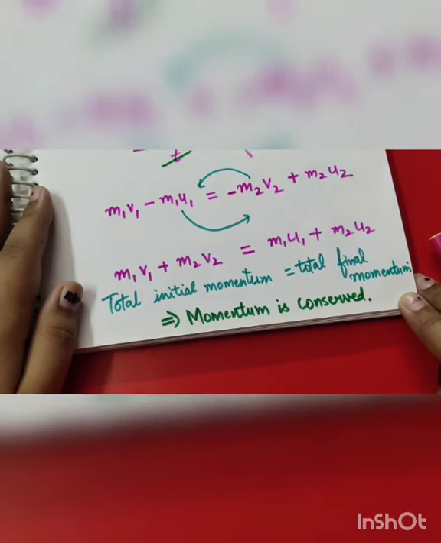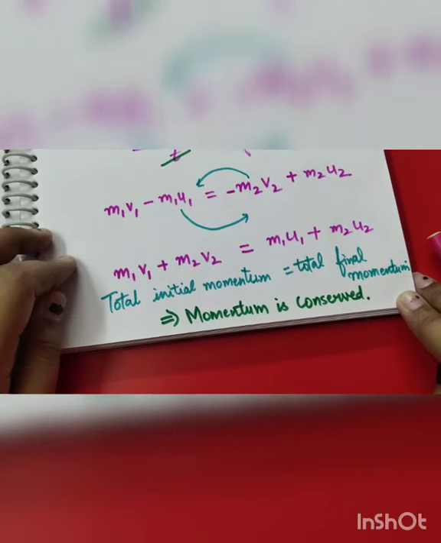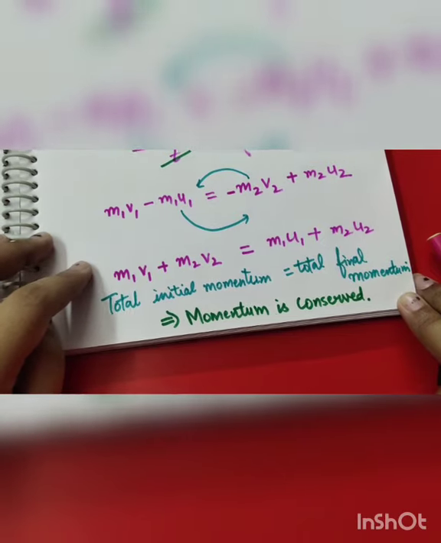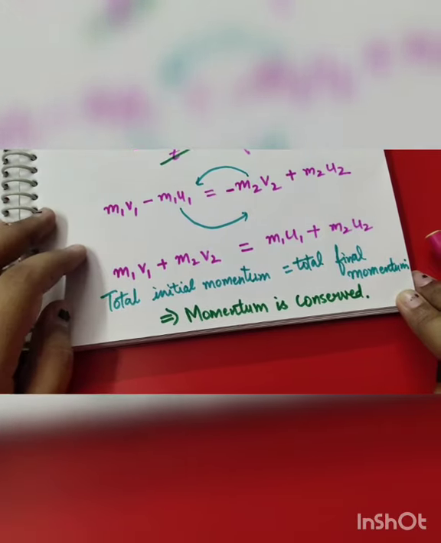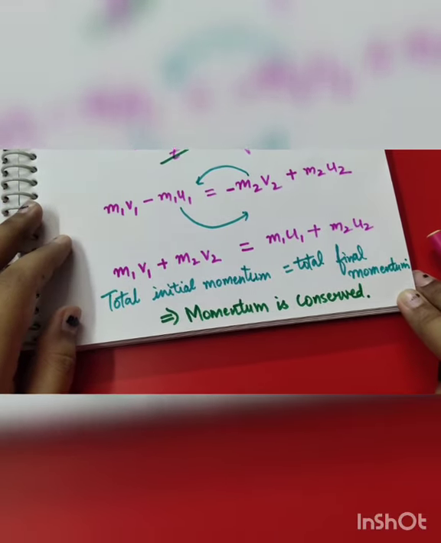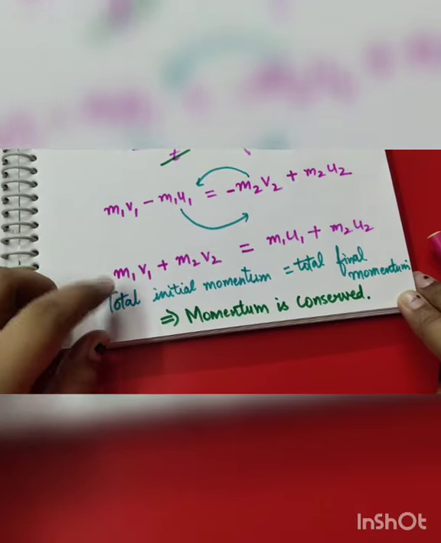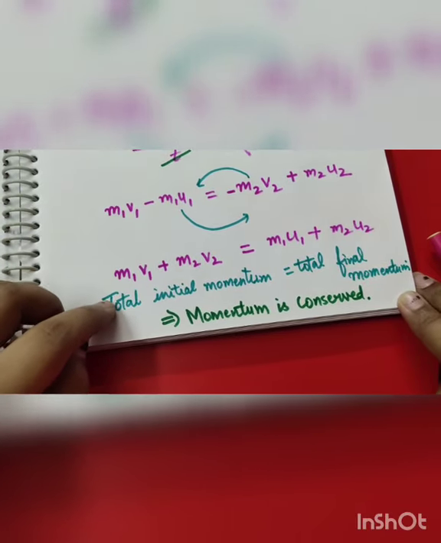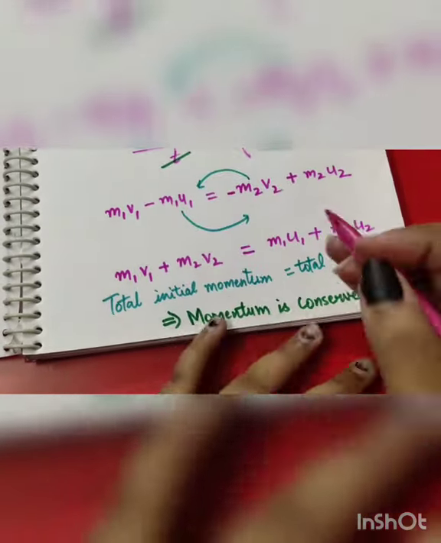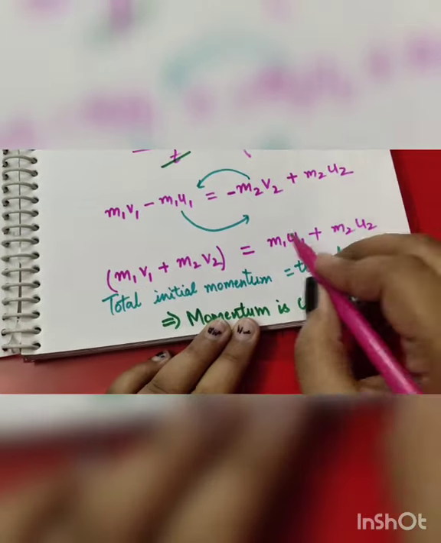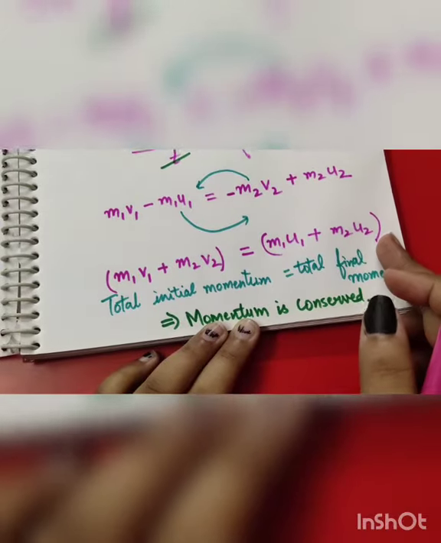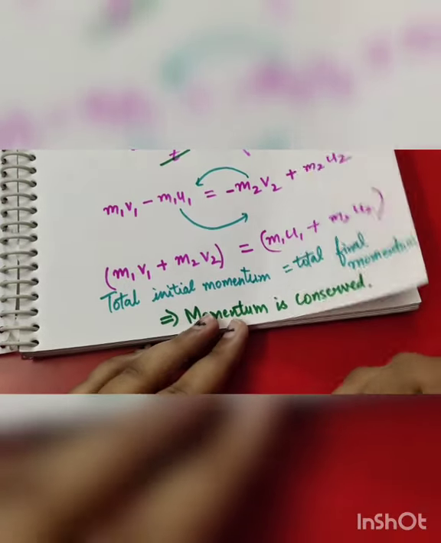This is the last derivation of this chapter, also an important one, so I want you all to do it on your own also. That's why I have used different symbols here. In your notebook you might have symbols like small m and capital M. So with the help of those symbols, arrive at this point where the initial and final momentums are arranged to one side. Now please don't get confused, this is the total final momentum and this is the total initial momentum, but there is an equal sign, we can switch the sides, so you can do it according to your own choice.